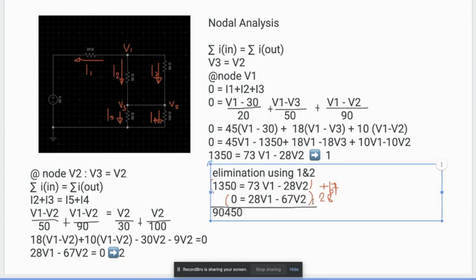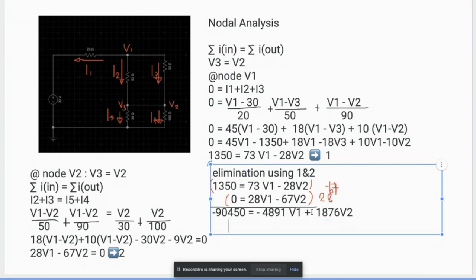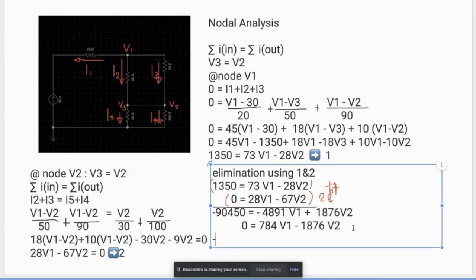So that will be 90,450 equal to 4,891 V1 negative, then plus 1,876 V2, then this is 0 equal to 784 V1 minus 1,876 V2. So that will be negative 90,450 equal to